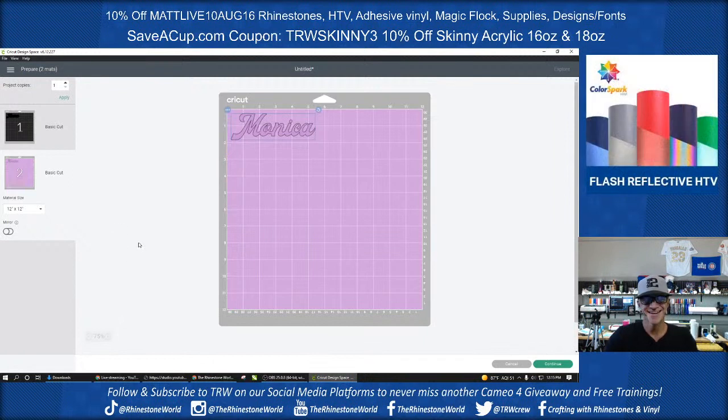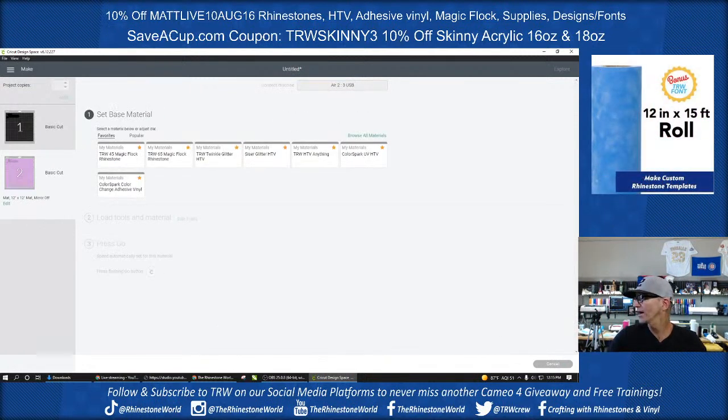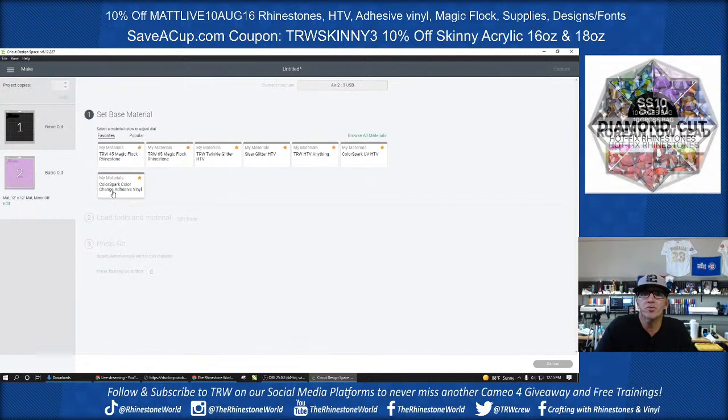Come on. All right, so I got Monica. I got that dropped in the top left corner there. I'm going to go ahead and hit Continue. And I will bring you into the cut settings as well so I can show you what the actual cut settings are. Instead of just clicking on Color Spark, Color Change Adhesive Vinyl, because you don't really know what my